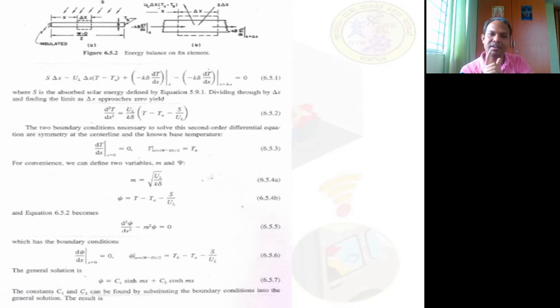So Fourier law of heat conduction states that the rate of heat transfer by conduction is directly proportional to the cross-sectional area and the temperature gradient. The temperature gradient is nothing but delta T divided by delta X. What do you mean by delta T? Change in temperature. What do you mean by delta X? Thickness. So the change in temperature with respect to the thickness of the material is what we call the temperature gradient. So Q is directly proportional to Ac, the cross-sectional area, into delta T by delta X.